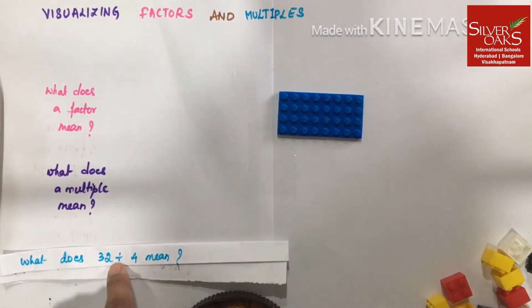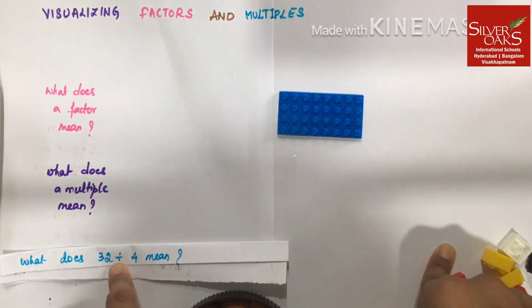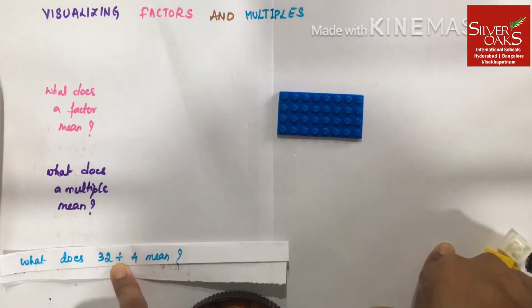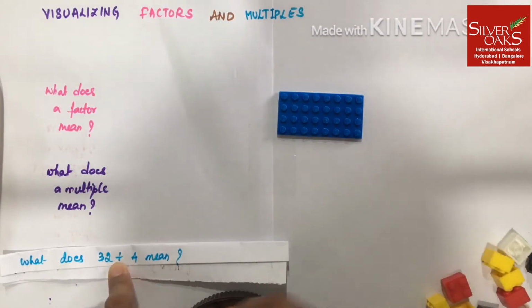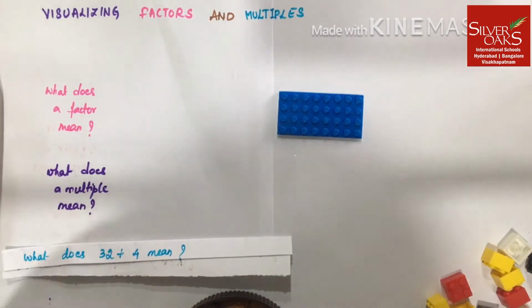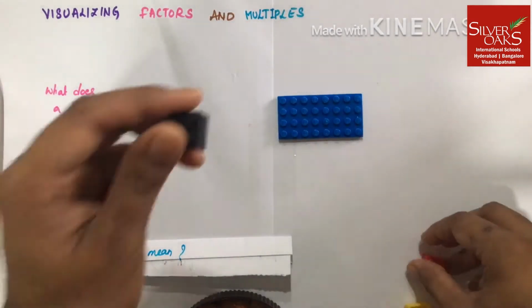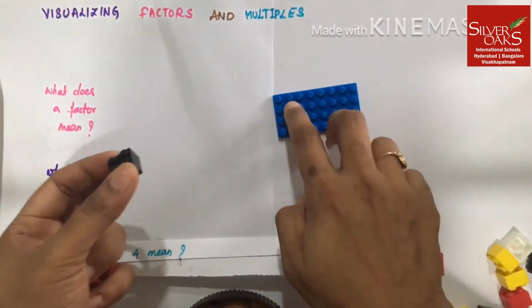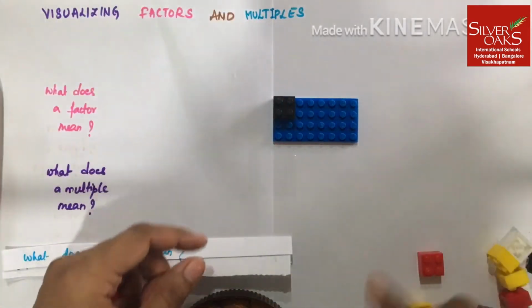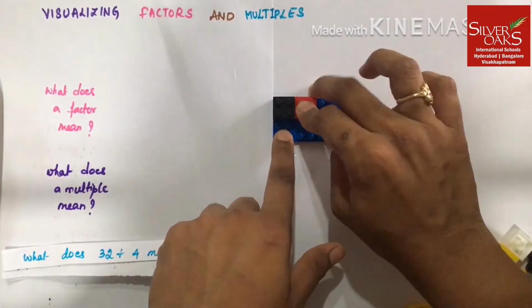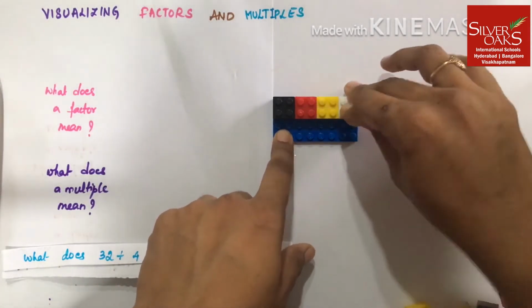So what am I trying to do? I'm trying to equally group them into 4s, or I can also think that I am trying to give each group 4 dots. You can think it in 2 ways. So let us see what will happen if I do so. So to the first group, I am giving 4 dots. To mark it, I am using this kind of Lego. This is given to the first group, second, third, the next 4 dots to the fourth group,